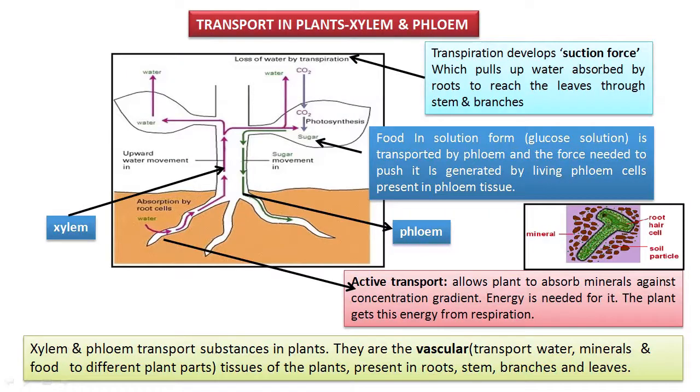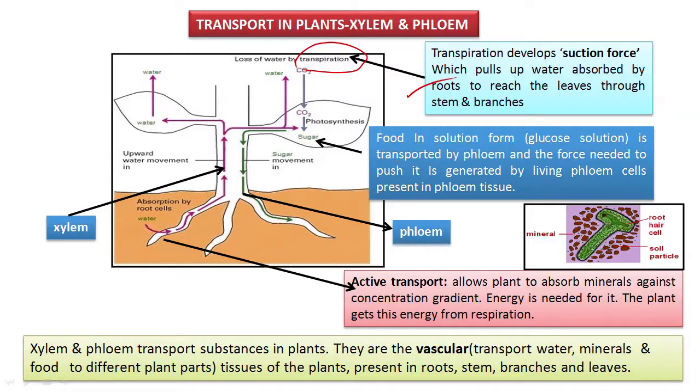So let me discuss a few points about transport in plants. It is carried out by xylem and phloem. Before that, we should know what transpiration is. Transpiration is a process where water loss takes place from the leaves of the plant. When water is lost, it develops a suction force, which pulls water absorbed by the roots up to the leaves through the stems and branches. So in this way,